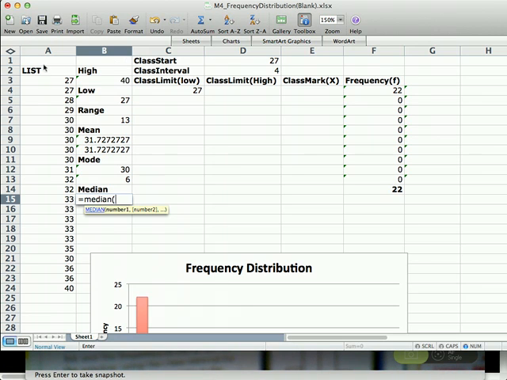So let's see. Let's find the median of this list. So A3 to A103. And the median is apparently 31.5. Oh, I was closer. So that must mean it must have been a tie between 30 and 31. All right? But watch this. If I add one more number,